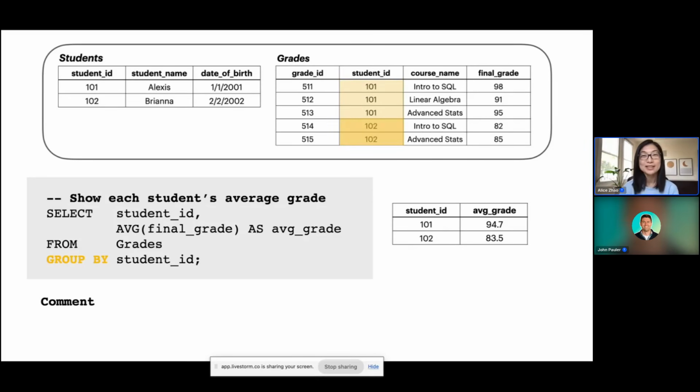And once I do that group by, so that was the grouping step, then from there, what I want for each group is to return the average final grade. So up here, I'm going to look at this final grade. Here are all the grades for 101. Those are all the grades for 102. And then I'm going to average them. And this average is called a function. I'm basically applying some calculation to each group of my data.